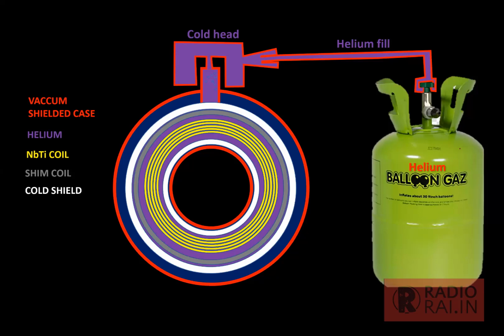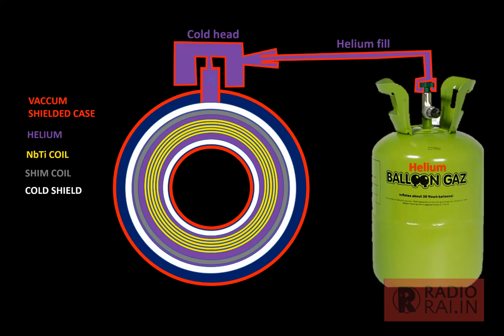So whenever we put the patient, it will detect what is the change in the magnetic field. Then this shim coil will readjust the magnetic field so that we get a uniform magnetic field. All the imaging that we do is based on the principle of having a uniform magnetic field. So we assume that there is a uniform magnetic field, and then we make all the images and we reconstruct the images. So that is about the shim coils.